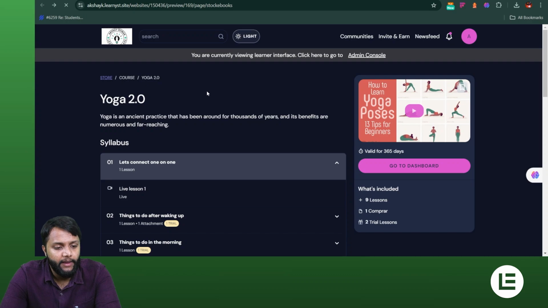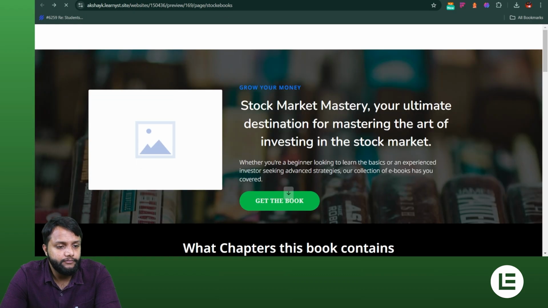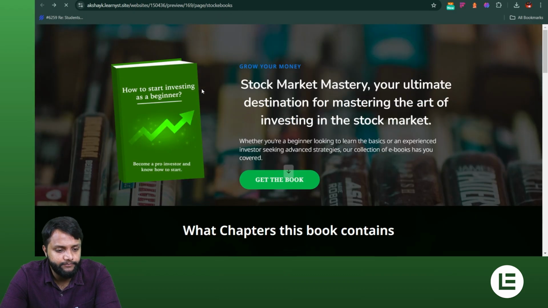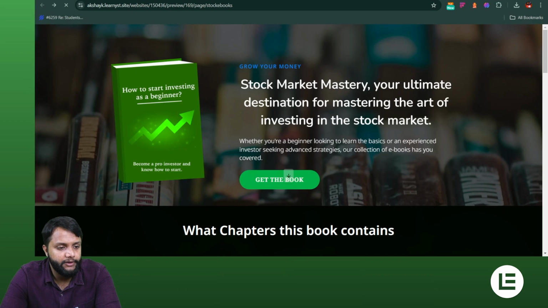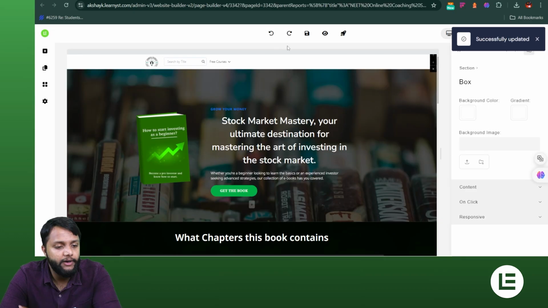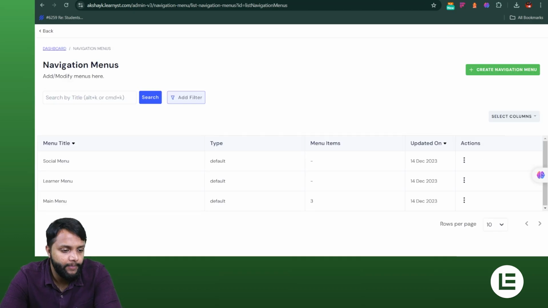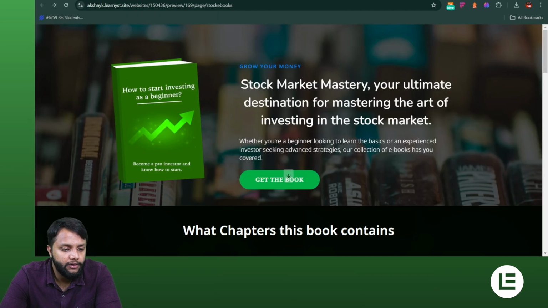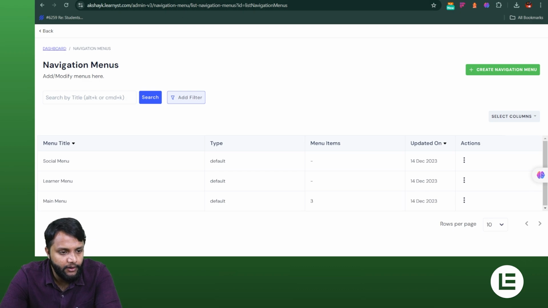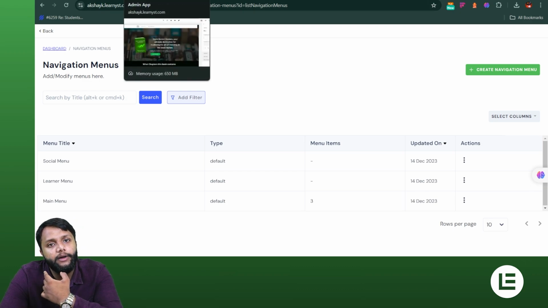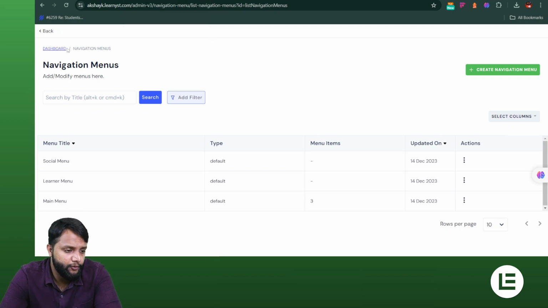So yeah, now I'll go back again, go with my stock ebooks and all. So we were working on the navigation bar right now. So right now we got to know how this works. Now for example, if I also want to have another pages, in case of product pages, if you want to show some landing pages,